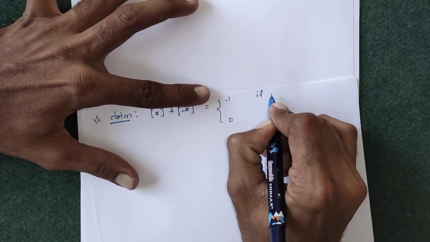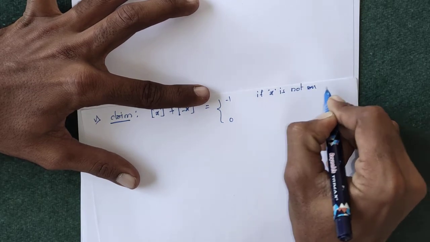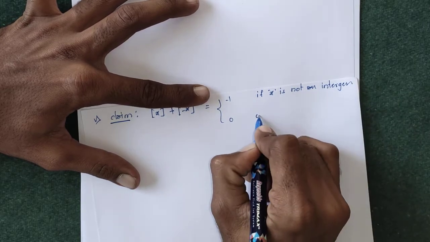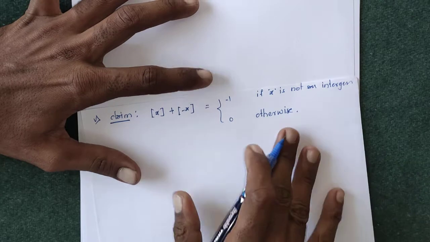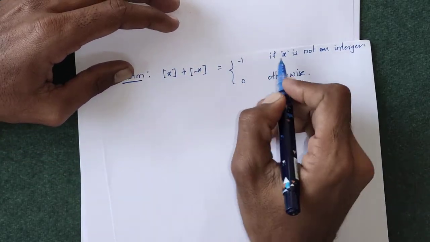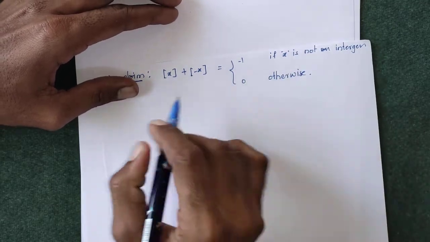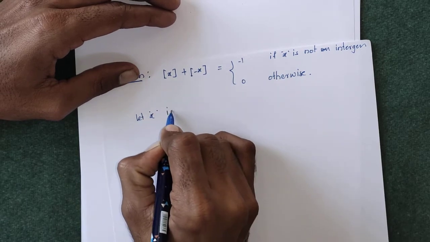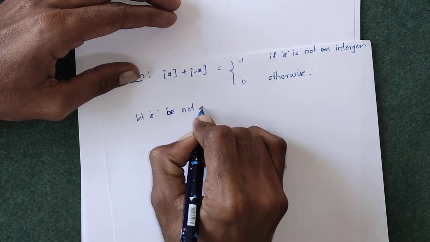Minus 1 if x is not an integer, and 0 otherwise, meaning whenever our x is an integer. So first of all we are going to consider x is not an integer, that is, x is some rational number. Let x be not an integer,